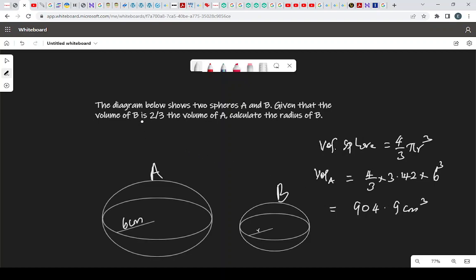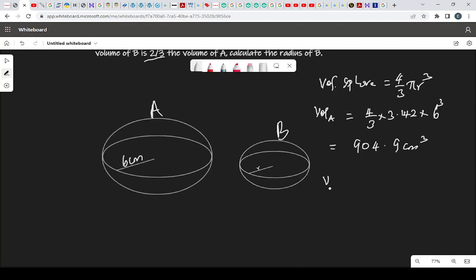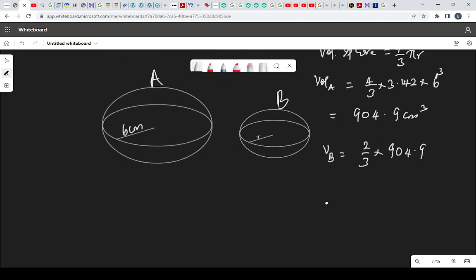And then the question says the volume of sphere B is 2/3 of that of A. The volume of B, therefore, let me call it V subscript B, is 2/3 times that of A, which is 904.9. 904.9 times 2 is 1809.8, divided by 3 gives us 603.3. The volume of B is